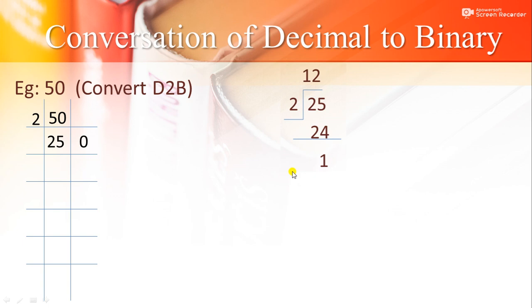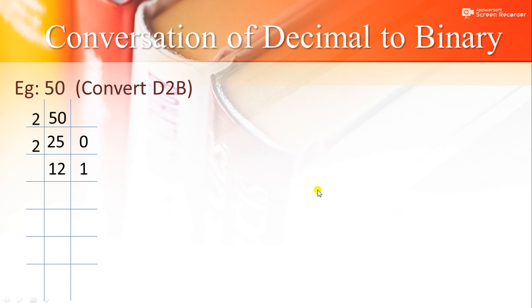Students, remember one thing, do not use a point and put down the 0. Whatever the remainder is, put it as it is, because when we divide by 2, its remainder is 0 or otherwise 1. Students, when we divide by 2, the remainder will be 0 or otherwise 1. So if the remainder is 1, then keep it as it is. So we write 2, 12 and remainder 1.